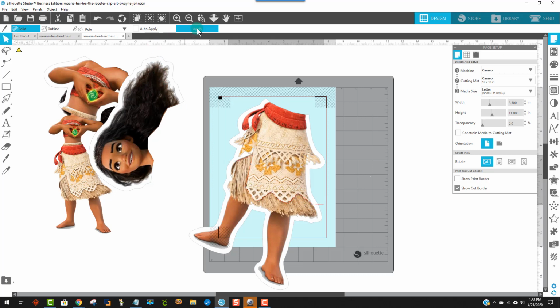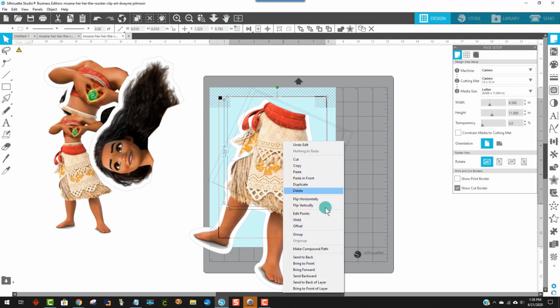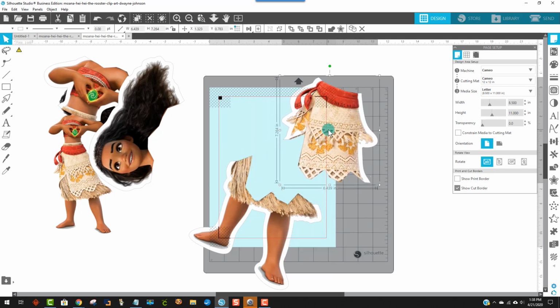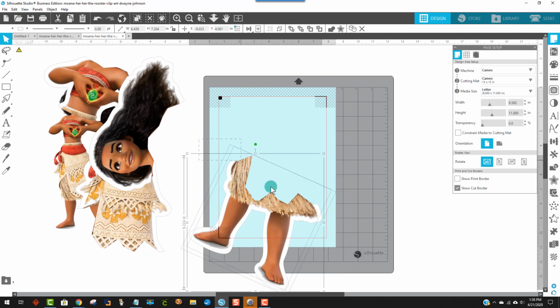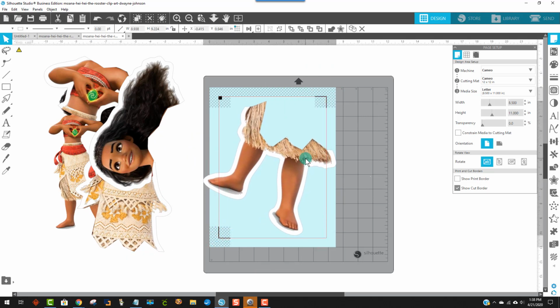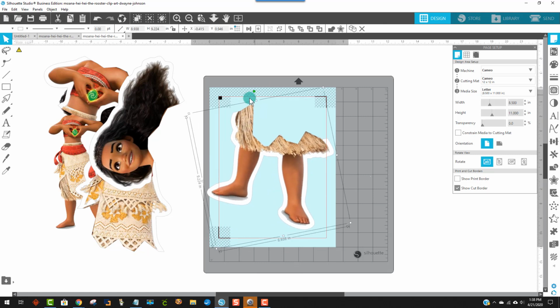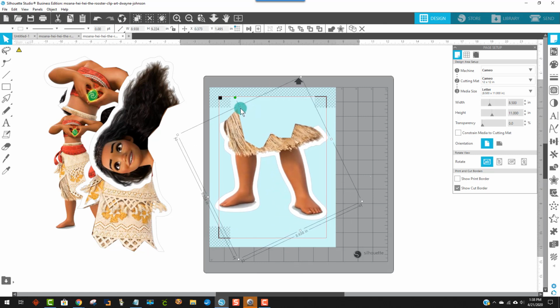All right, and now I'm going to apply it. Now I'm going to grab these two things and say group. Okay, that's much better. And grab these two things and say group. Okay, so again, we have that problem with this thing that it's not all going to fit, but that's okay